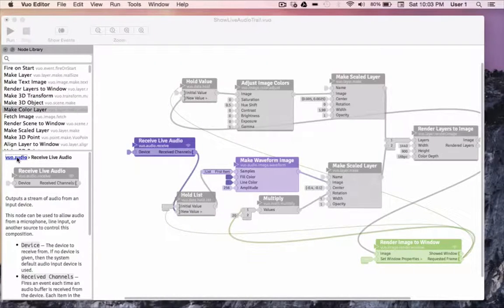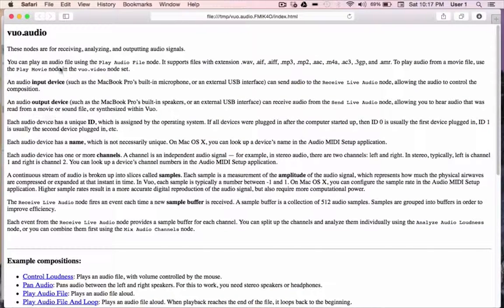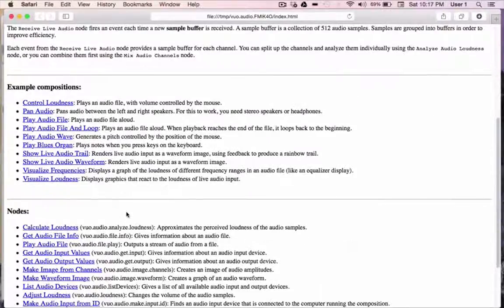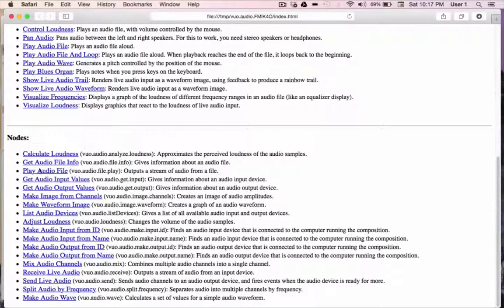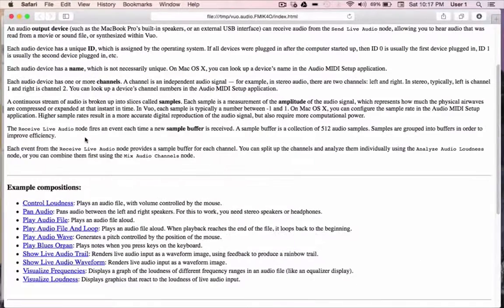I'll click on the link for Vuo Audio, and we'll get an explanation of what audio nodes are for, how input, output, channels, and samples work. There's a complete list of all the built-in example compositions designed specifically to help you learn how to work with audio in Vuo. Here's the show live audio composition we're working with now. There's also a complete list of Vuo nodes that fall under the audio category.